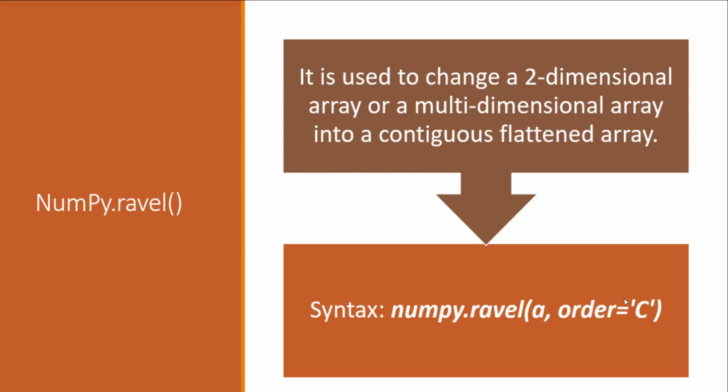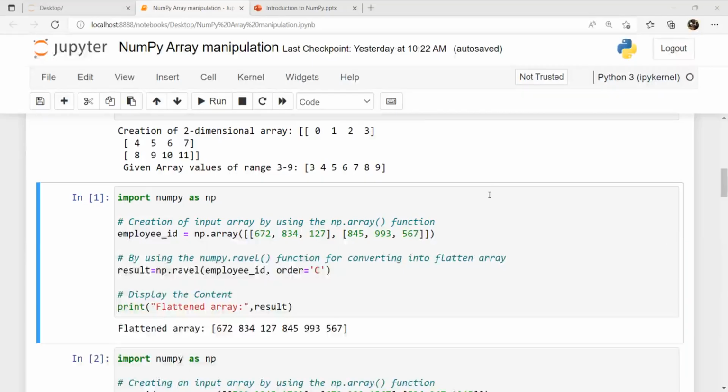Now let us discuss the NumPy ravel function with the help of an example. In this example, we have created an array, employee ID, by using the np.array function, and then declared the variable result, to which we have assigned the return value of the NumPy ravel function. Within this function we have passed the array, employee ID, along with the order parameter with the value C. After displaying the array, the output shows the values of the given array in a flattened